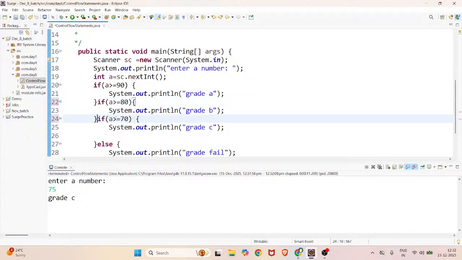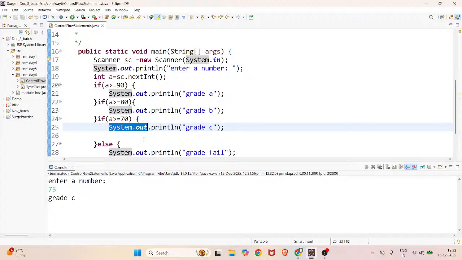Then if I enter 95, which statements will be printed? It will print this statement also, and this statement also, and it will not print this statement. Okay. Suppose if I enter 75, then this statement and this statement. If I enter 95, why does it have to print these three also? Because